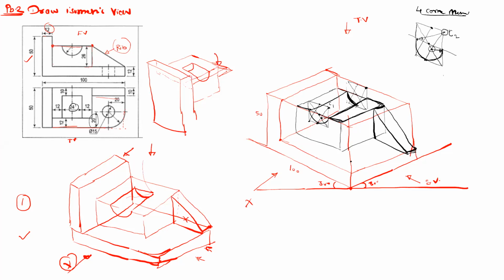So first find out the center. So from this corner, take the distance R20. So mark here R20, again R20, okay. And from this point, draw the arc, and again from this point, draw the arc. Okay, so you will get this center. Now by selecting this as a center, we should create the rhombus.